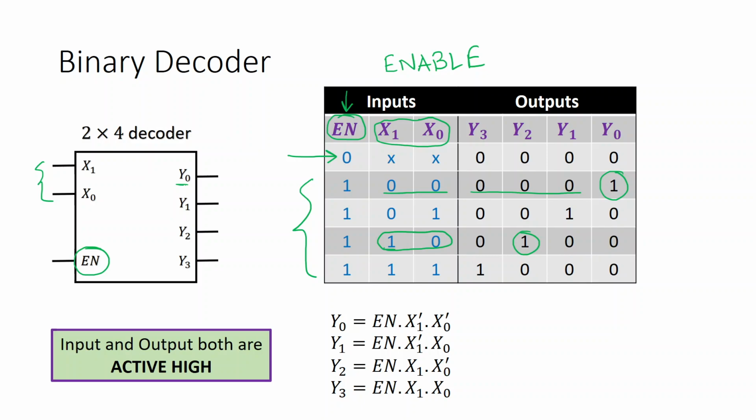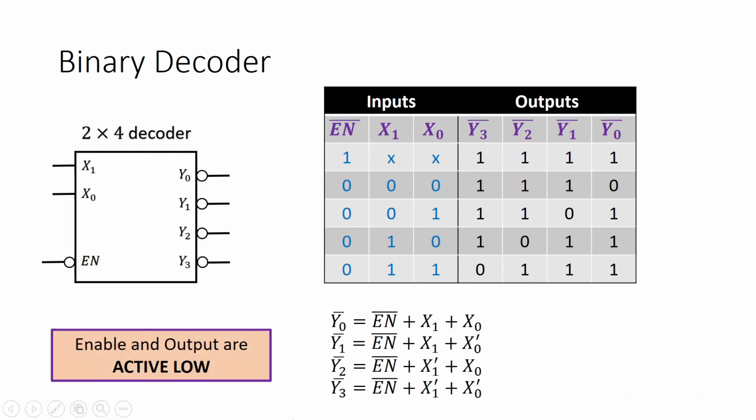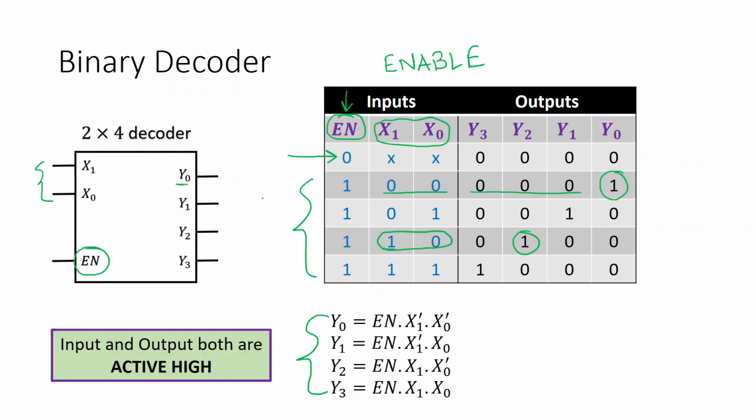With the help of the table, we can see the equations of the outputs. The very simple equation is just the min term consisting of 3 inputs. Enable input one has to consider in this case. Sorry, so we have these 3 inputs, and y0 is forming one min term, y1 is forming another min term, and in that manner it is going on.